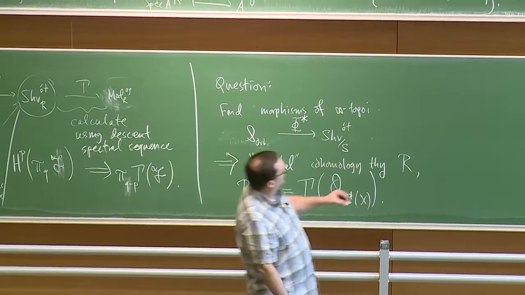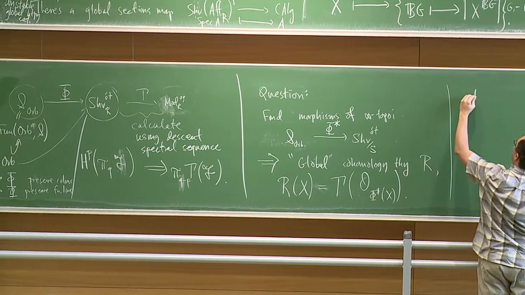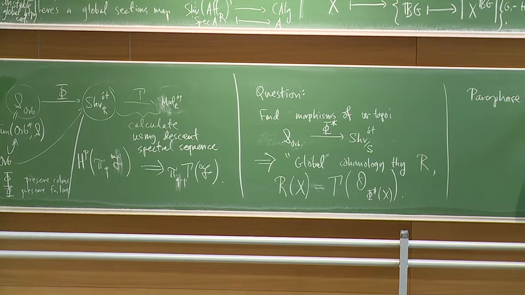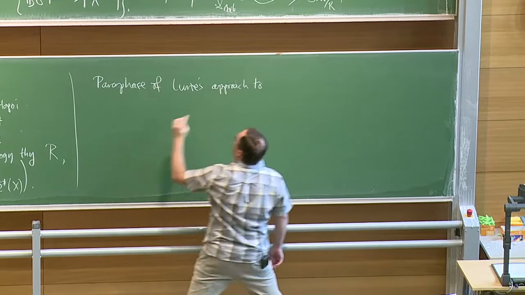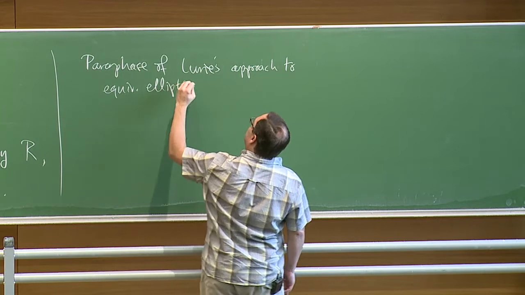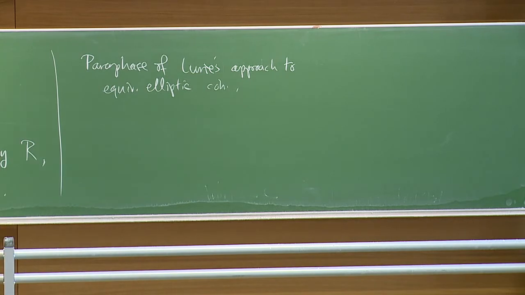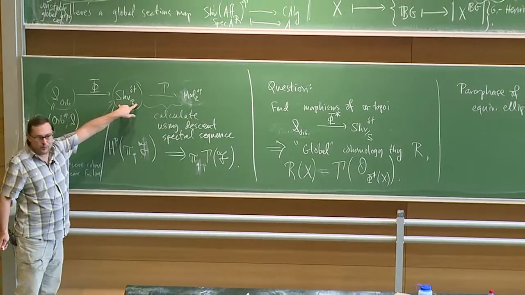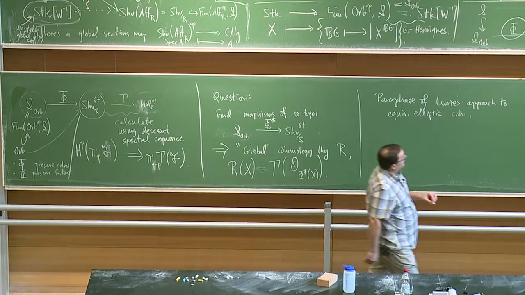I should say that this is just a paraphrase of Lurie's approach to equivariant elliptic homology. Except, well, I'm not necessarily assuming that this target category has anything to do yet with elliptic curves. But